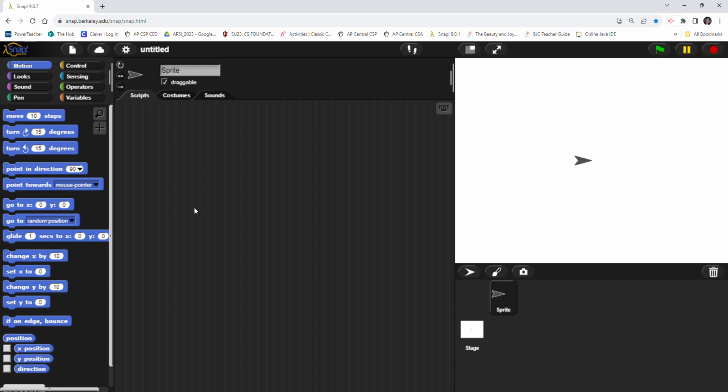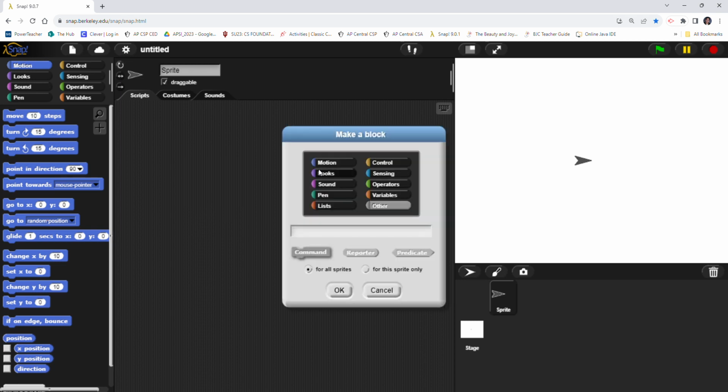Let's make a block in Snap that tests for divisibility. So let me right click in my scripting area. I'm going to select make a block. I'm going to color it green just to categorize it with operators. I'm going to make it a predicate block because that means it's either going to report true or false depending on certain conditions. I'm going to call it is divisible